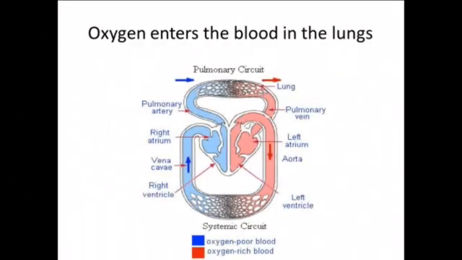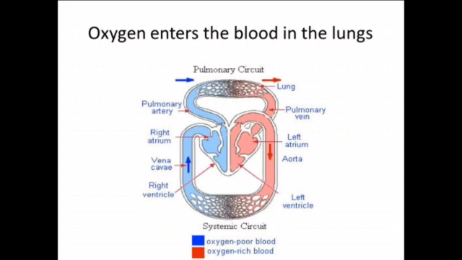Next topic is how oxygen enters the blood in the lungs. The deoxygenated blood enters the right atrium through the superior and inferior vena cava. When the right auricle is full of blood and it contracts, the tricuspid valve opens under the pressure and the blood is delivered into the right ventricle. When the right ventricle is full of blood and the ventricles contract, the blood is pumped into the pulmonary trunk. Since the tricuspid valve now closes, preventing reopening into the auricle, the pulmonary trunk gets divided into right and left pulmonary artery, each of which carries the blood to the lungs for oxygenation.